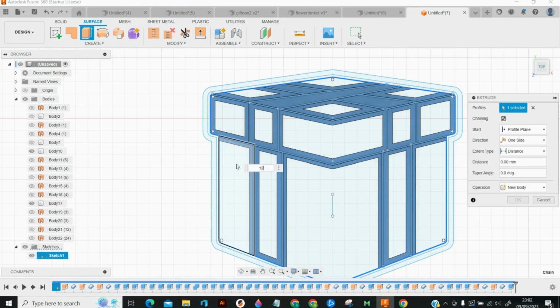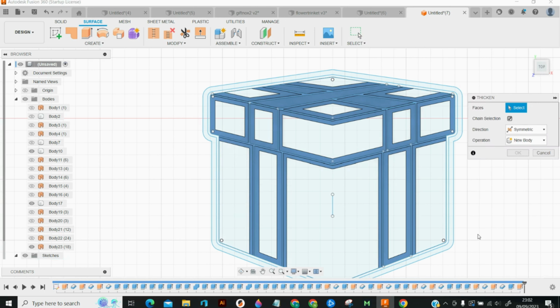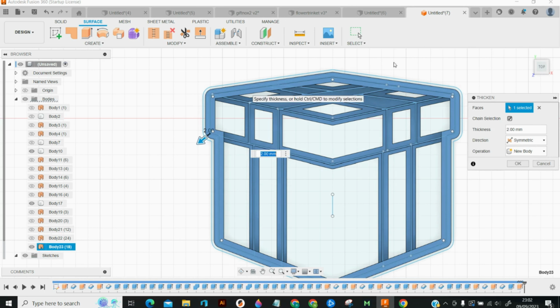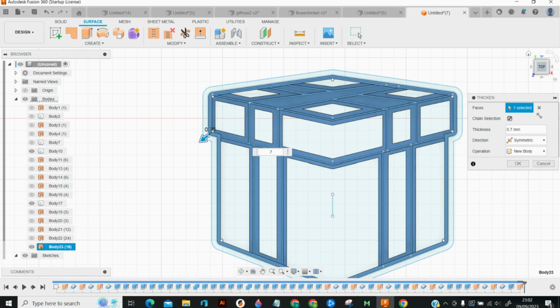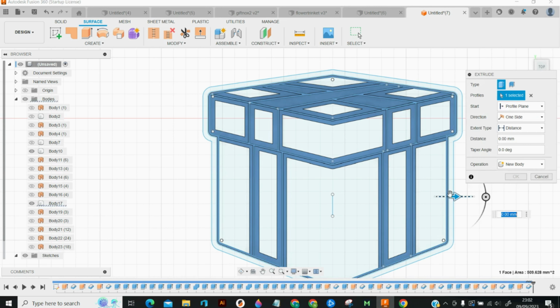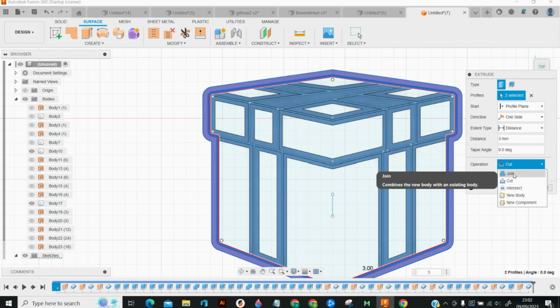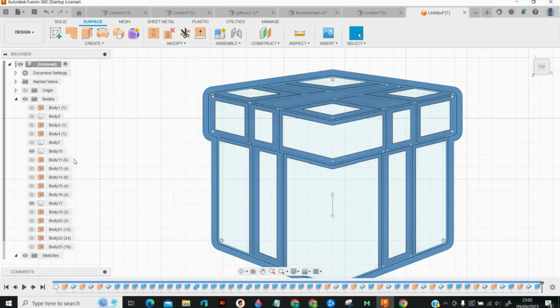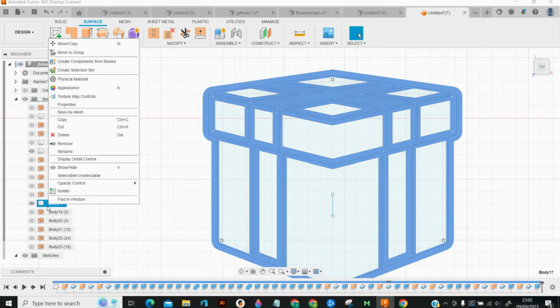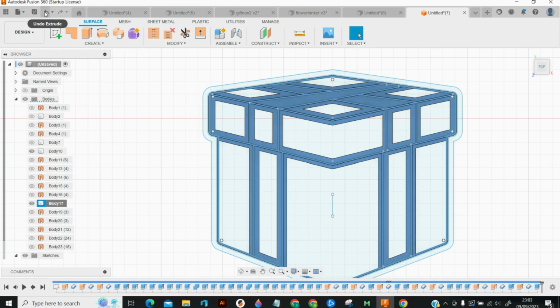And then I would just do the wall then. Because, like I said, I offer 2 kind of cutter types. I do my extrusion at 12, I do a 0.7, change it to one side. Join. Oh, E for extrude, which is a solid extrusion keyboard shortcut key. Make that 3. Join. And then I would, this is about here, so right click, save as mesh, and then I would just